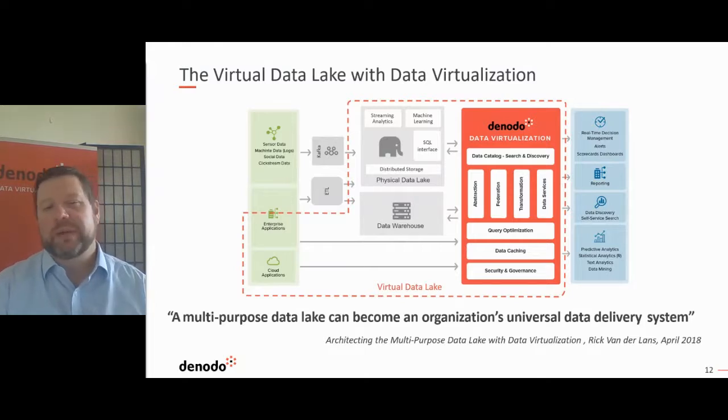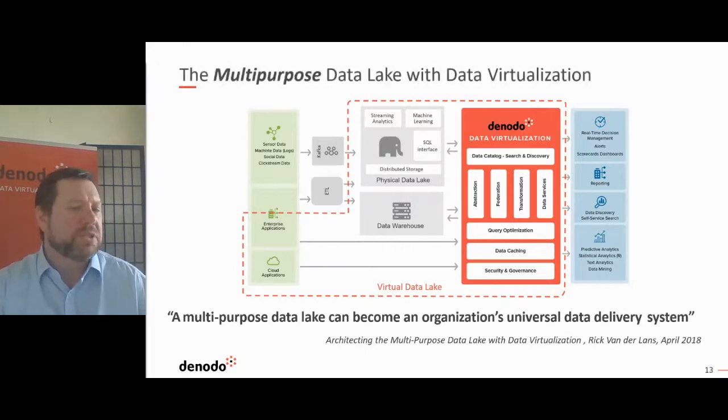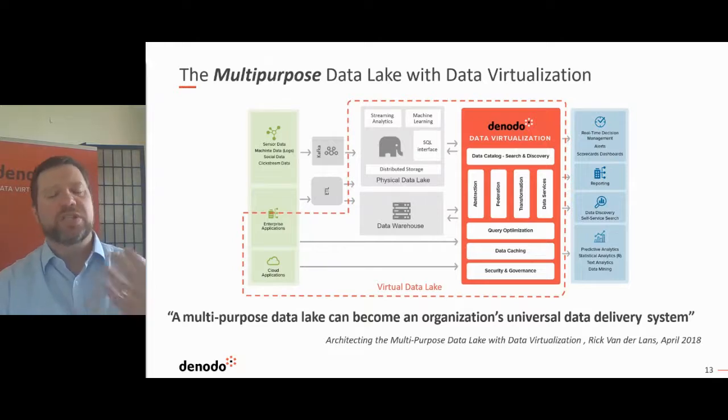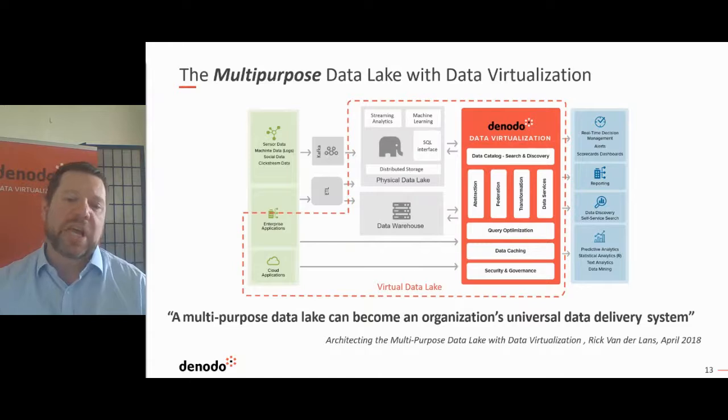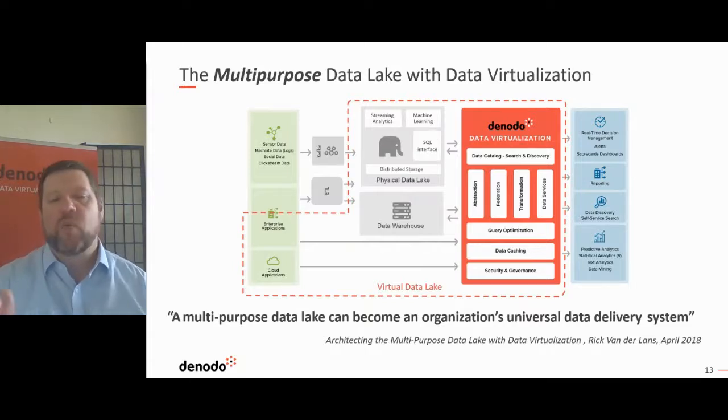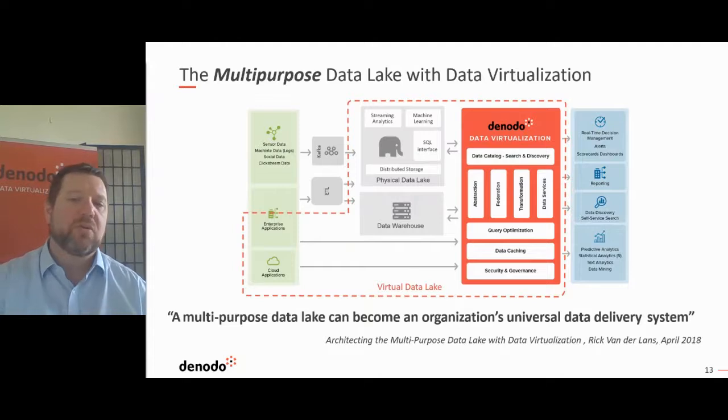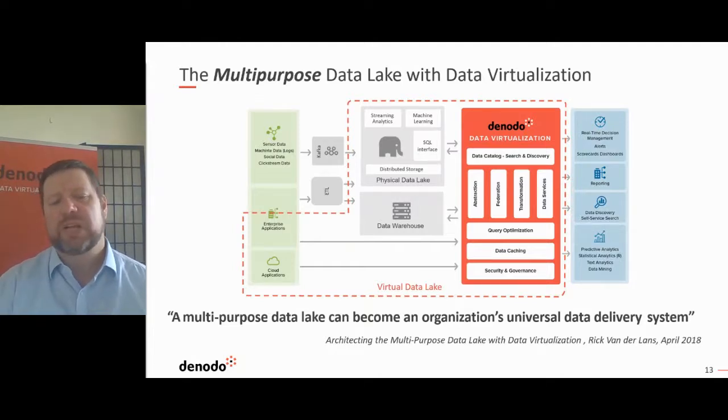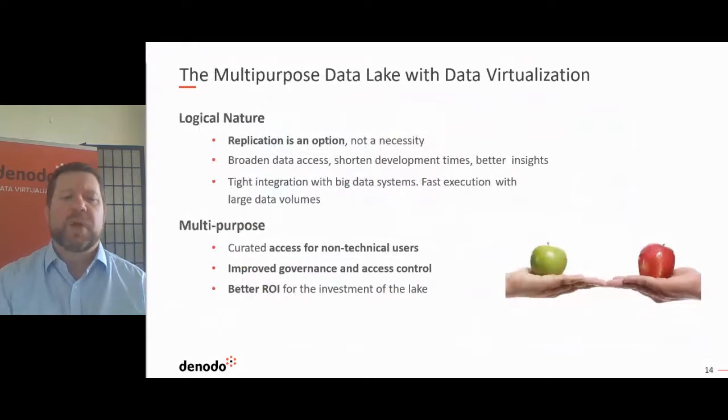So here we're calling out a virtual data lake, but how about we call it a multi-purpose data lake? A place where it's not just the users, the roles within the organization that have that technical ability, that understanding of data and how to use it, but a place where all the users can go, regardless of what their data requirements are, regardless of whether they're talking about operational reporting or machine learning. So why am I talking about a multi-purpose data lake? Well, when we talk about a multi-purpose data lake,